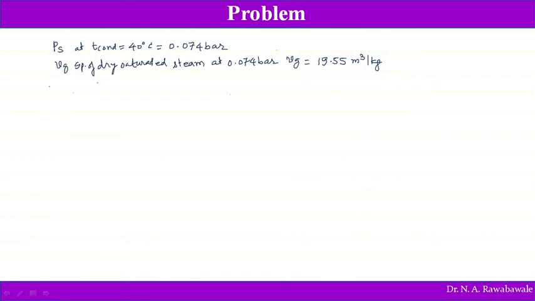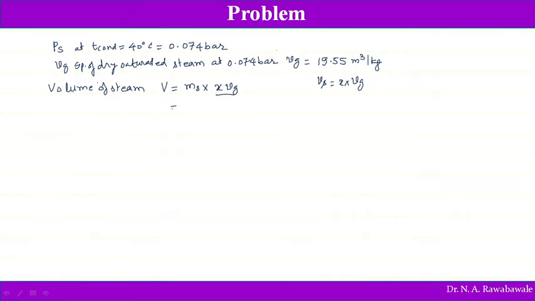So the volume of steam can be calculated. V is equal to mass into specific volume of steam. The mass of steam into the specific volume of steam is given by x into Vg, where x is the dryness fraction and Vg is the specific volume of dry saturated steam. If it is dry saturated steam, we can directly take this Vg here. The specific volume of steam Vs is equal to x into Vg. So here Ms into Vs we can write, Vs is nothing but x into Vg.